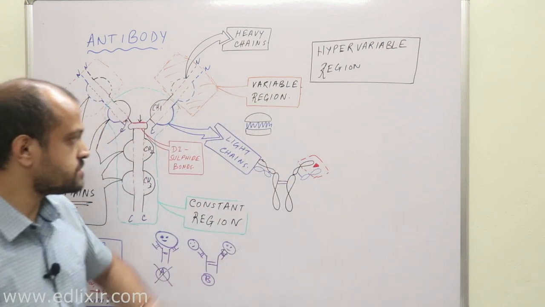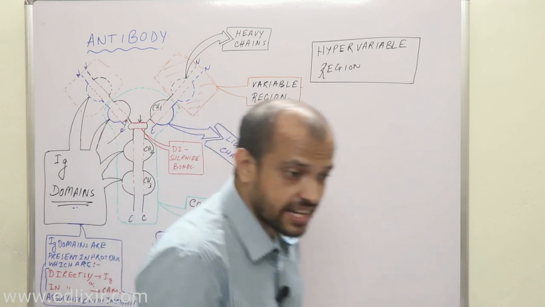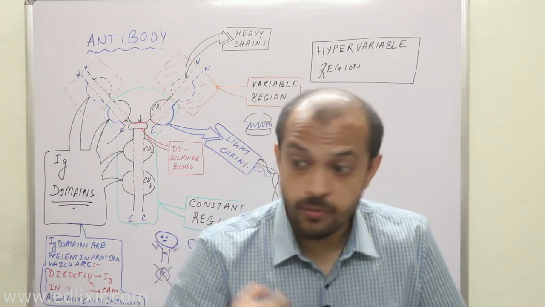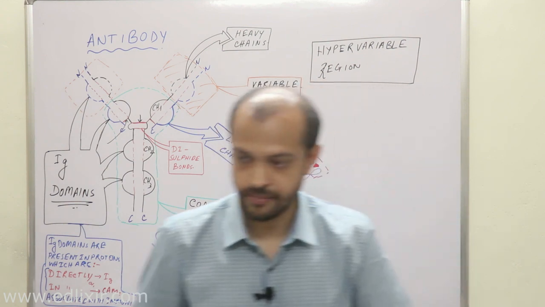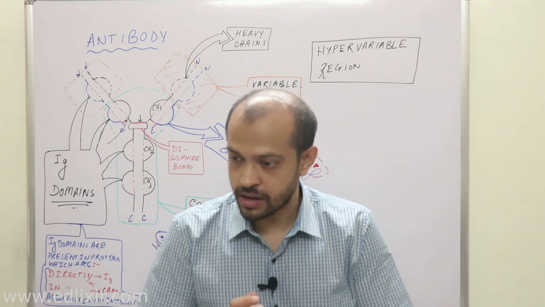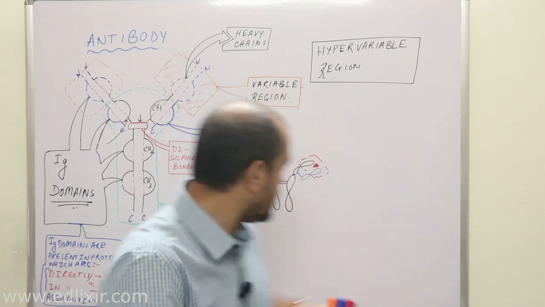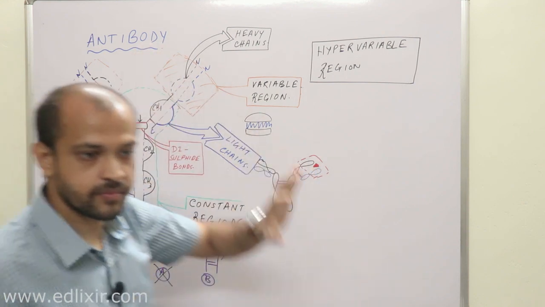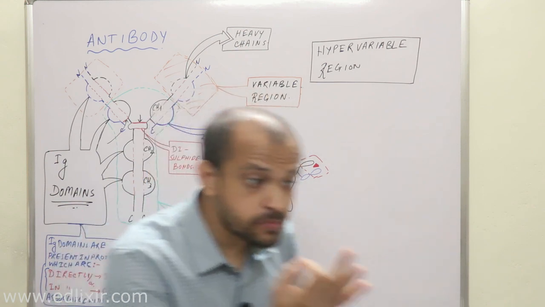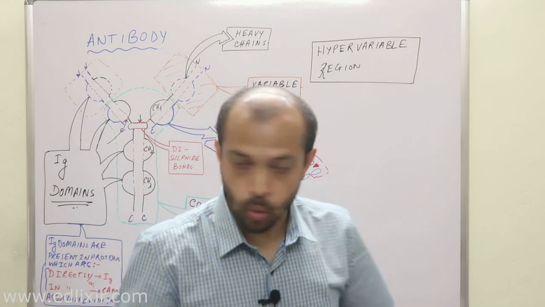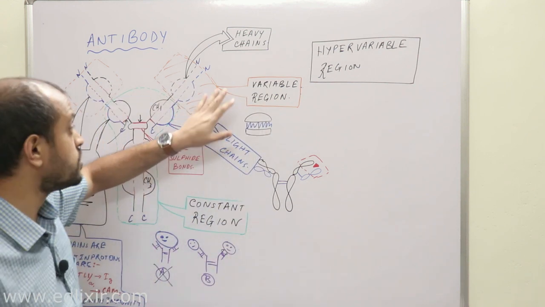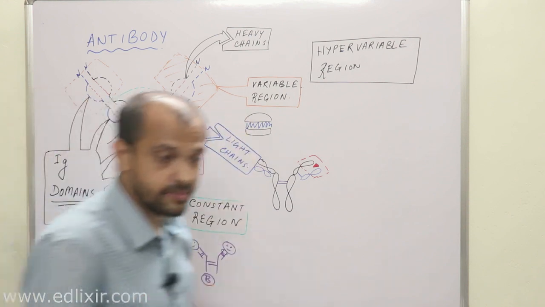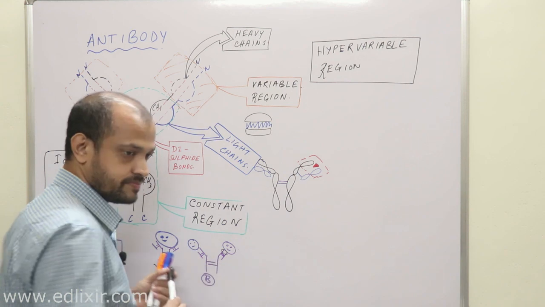Now listen, there has been a study which showed that the antigen attaches not with the whole variable region but with certain amino acid sequences of the variable region. Listen with all your attention again. When we conducted the study, we understood that the antigen never interacts with the whole variable region of the antibody. It interacts with special sequences of amino acids within the variable region. Therefore, this variable region is your antigen binding site.